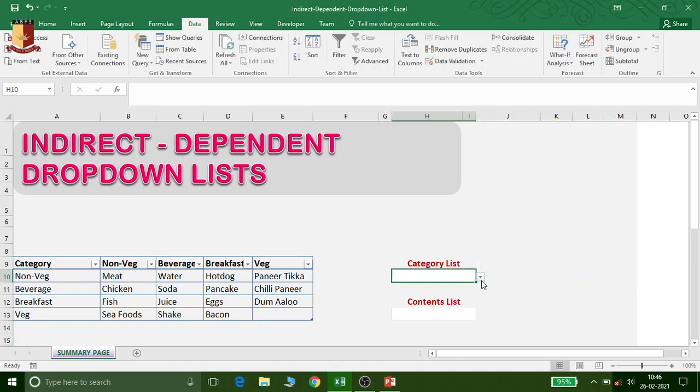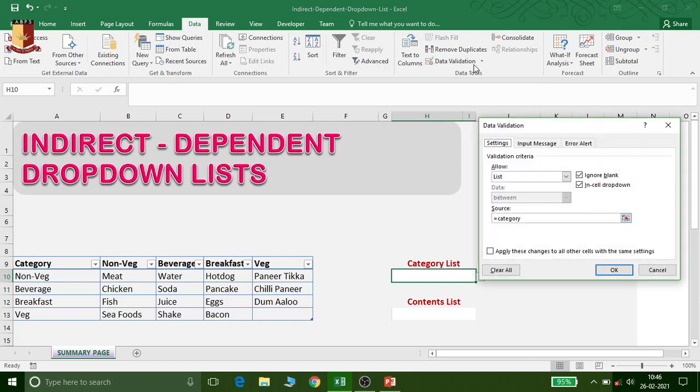Now after clicking OK, the category items appear here easily. I'm again repeating: select the cell where you want to show this category, click Data Validation, select List, and in Source type equal, and what option you have to opt here?